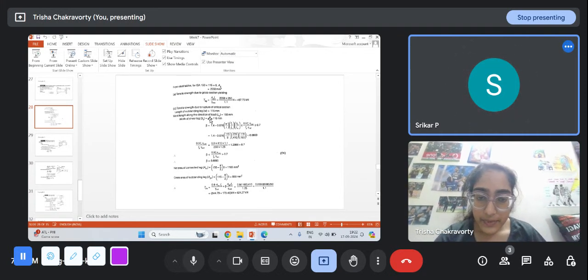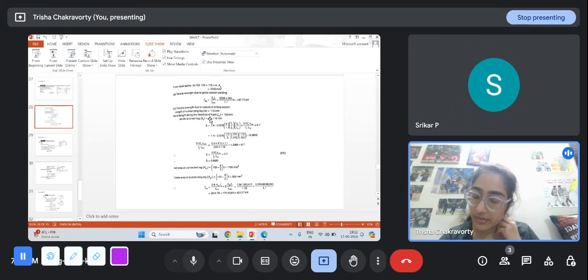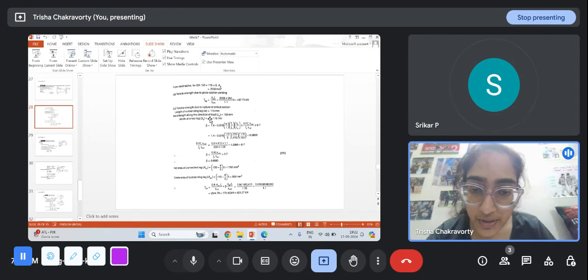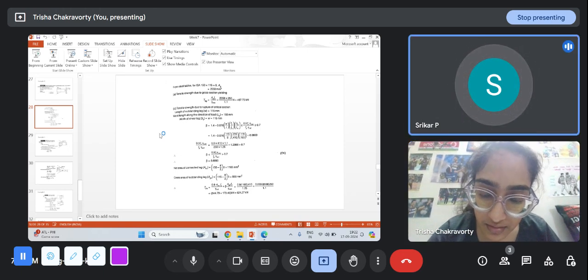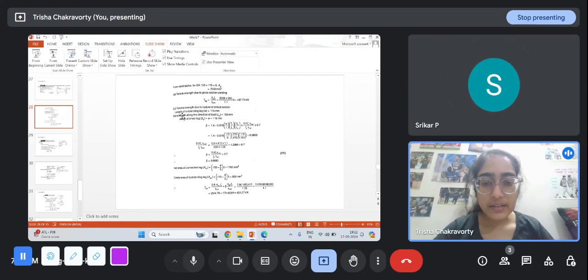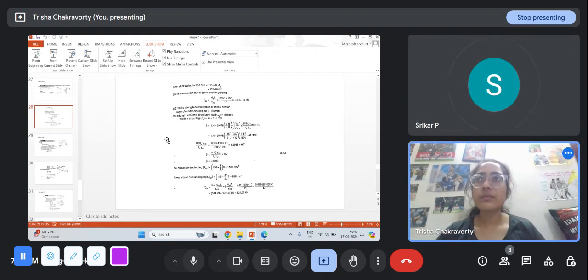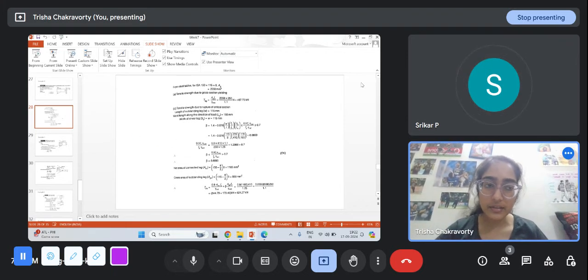The beta value. So the beta values of both are different, what we take for block shear and for rupture are different, right? Yes, I am saying that LC will not be anywhere in the block shear. I got confused. I think there is no LC in block shear. There is LC only in the rupture of the critical section. Yes, right. I'll look at this and talk to you next class about it.